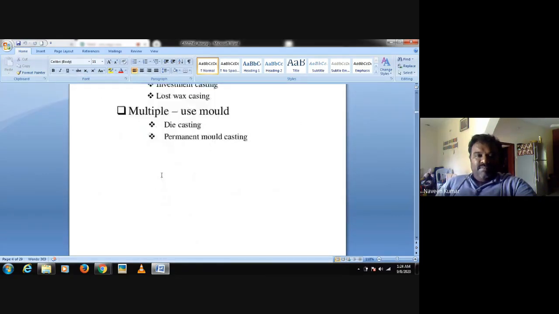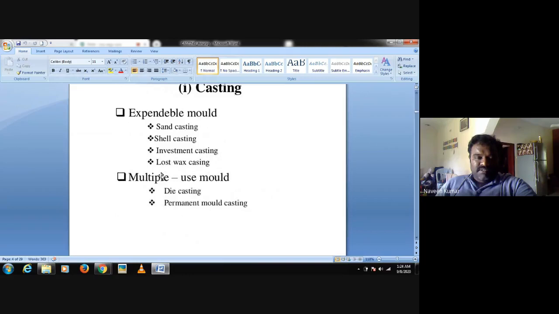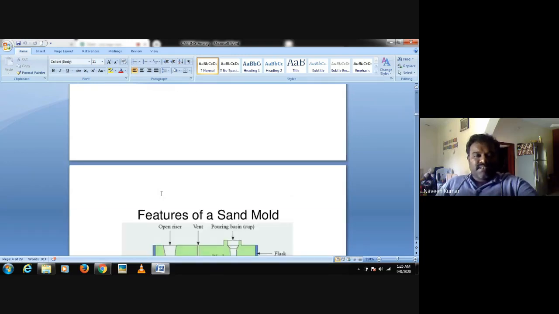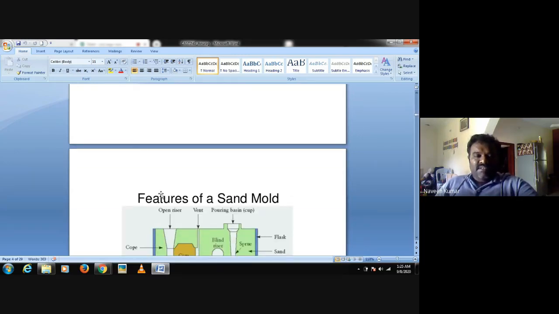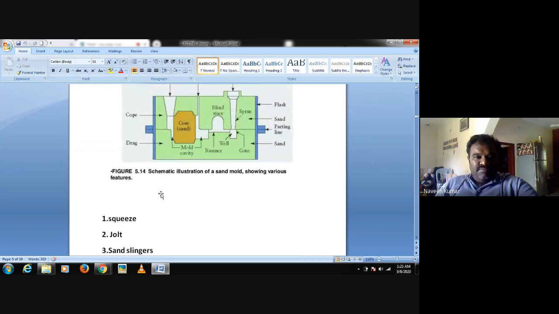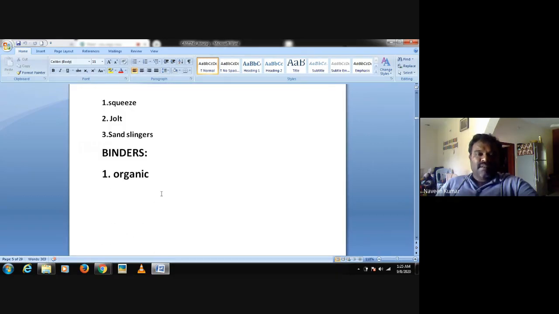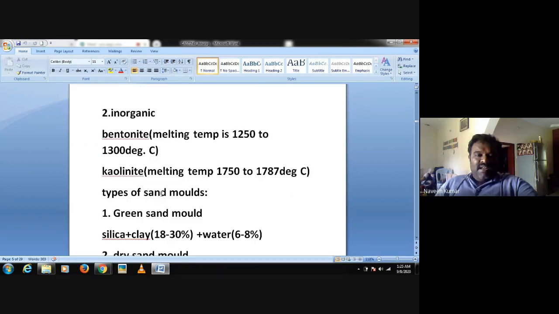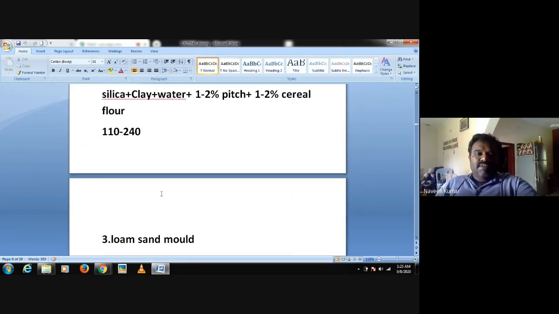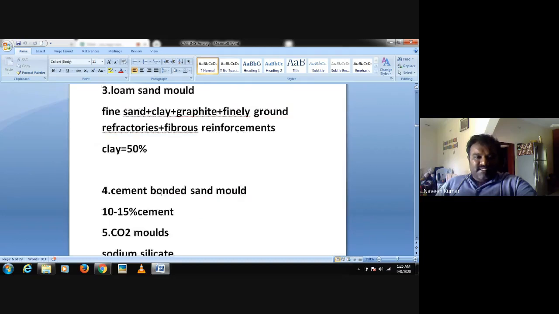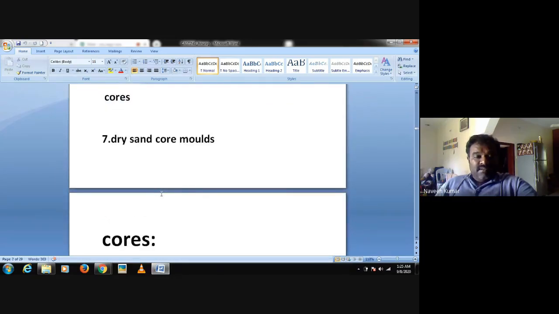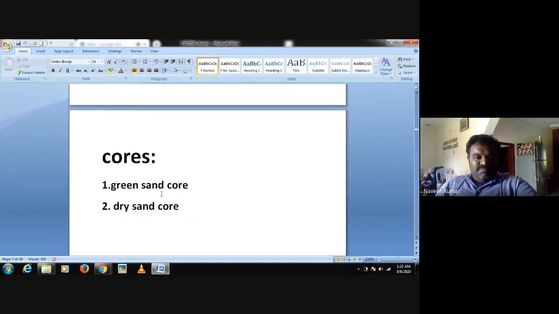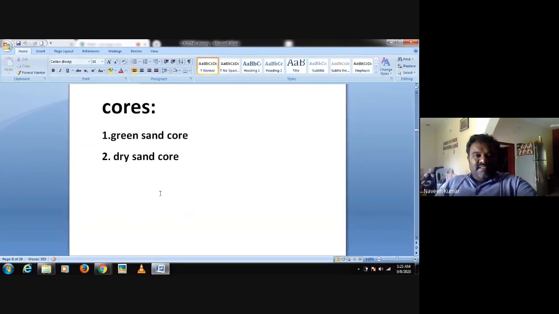We have discussed different types of casting processes, I mean the classification of casting. One is the expendable casting process, and the second is the permanent casting process. We have also discussed different types of sand casting processes, mold making processes, different types of binders, and different types of sand molds. And in the last class, we stopped at